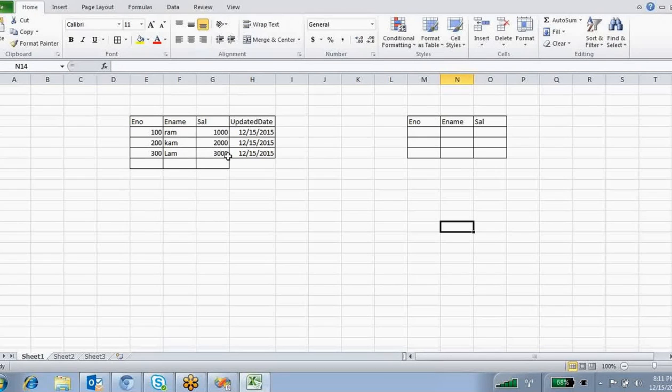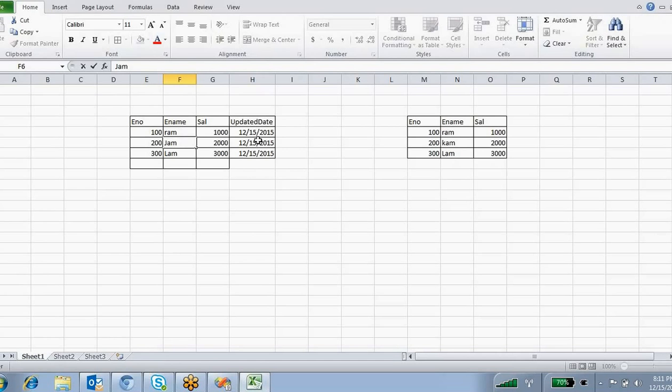How am I going to load this data? All these employees' information I'm going to load into this table, right? So on the second day, what happened? On the second day there is a small change for this employee name. For employee number 200 there is a small change. It is updated. His name is not com, his name is jam. By mistake they wrote the name as com, but it is actually jam.